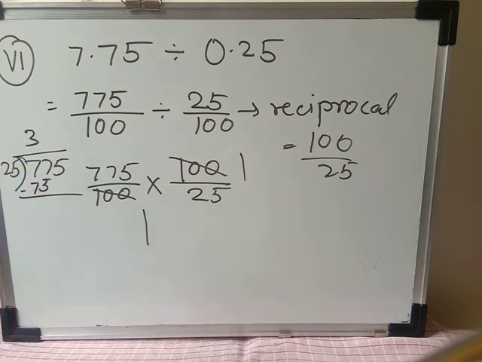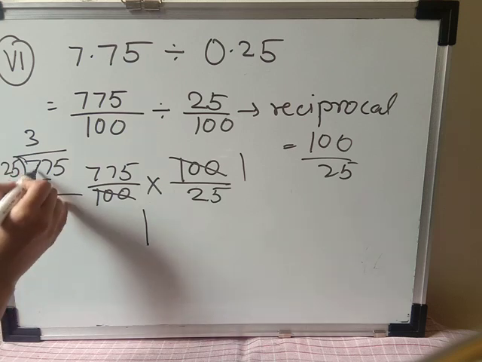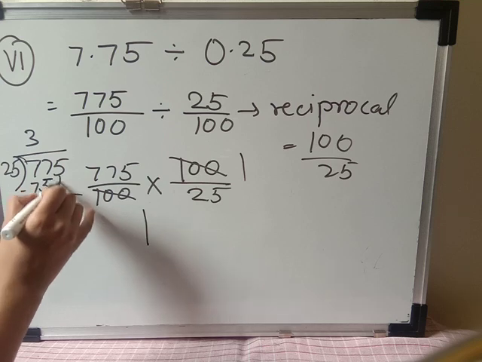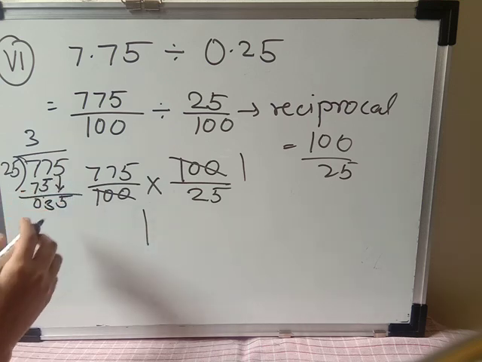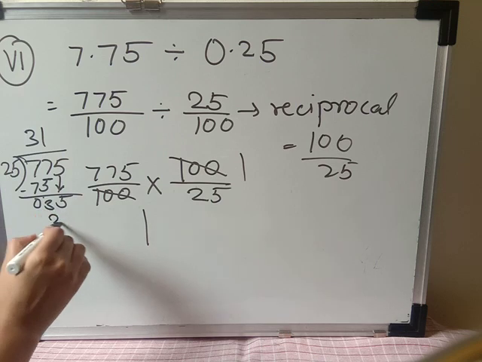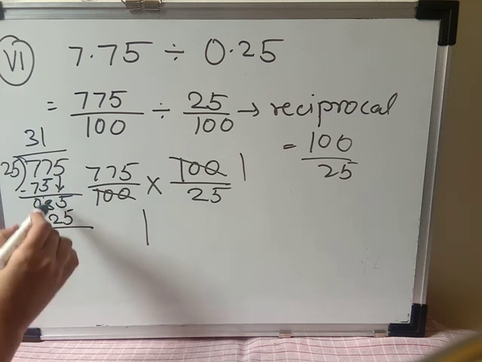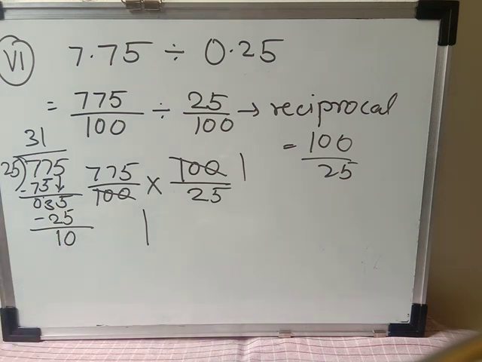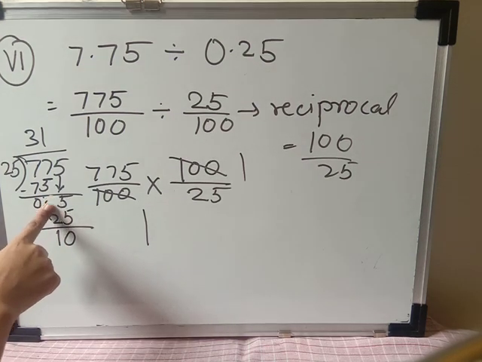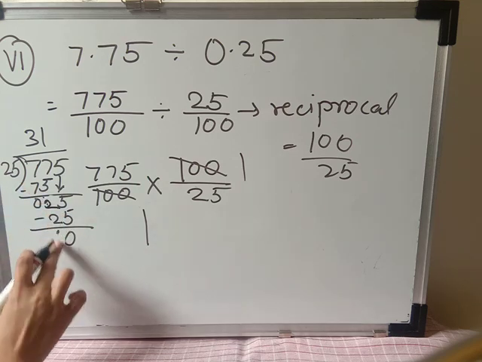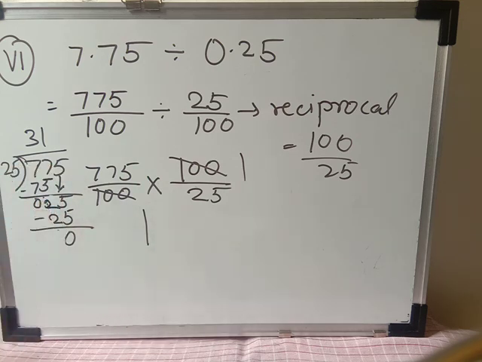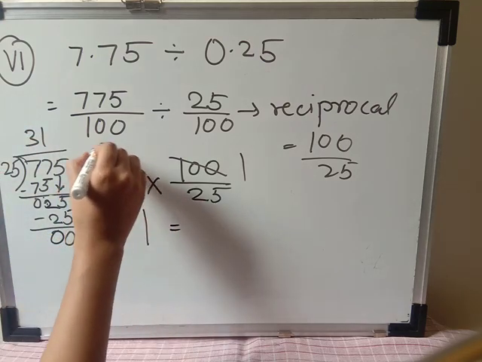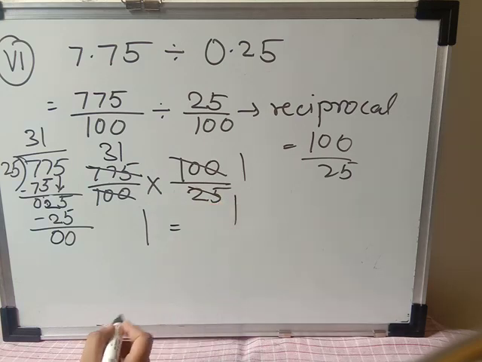So here will come 0 and 3 and here 5. Okay, so here 25 ones are 25. And here will come 1 and 0. Sorry student, not 35, here 25 is there. Okay, sorry. So 5 minus 7, that is 25. So here 25 ones are 25. So we got the number, that is 31. Okay, 25 ones are 25.